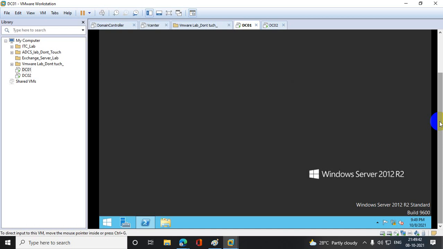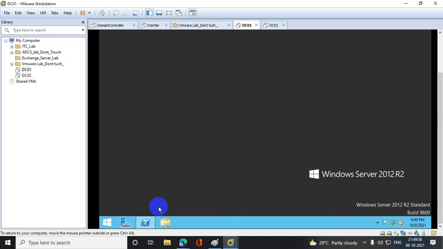Now, in order to perform this backup, what do you have to do? First, you have to install the backup features. There only it will help you.